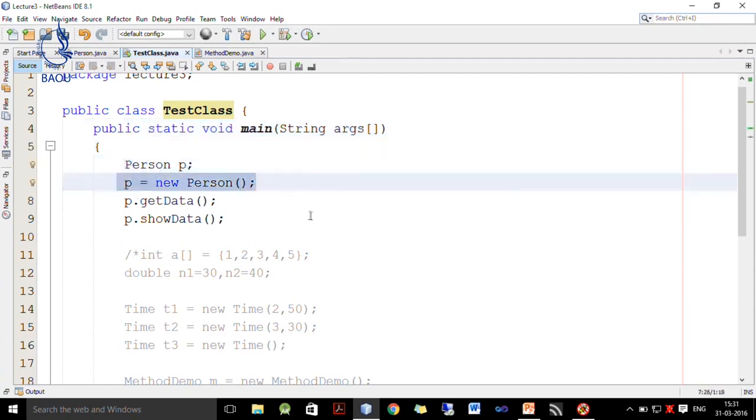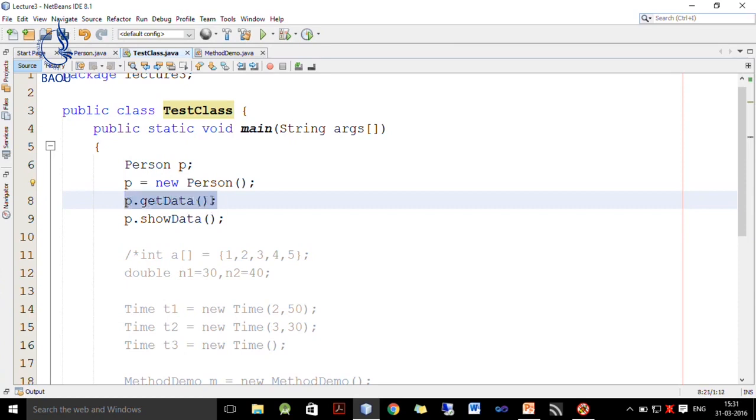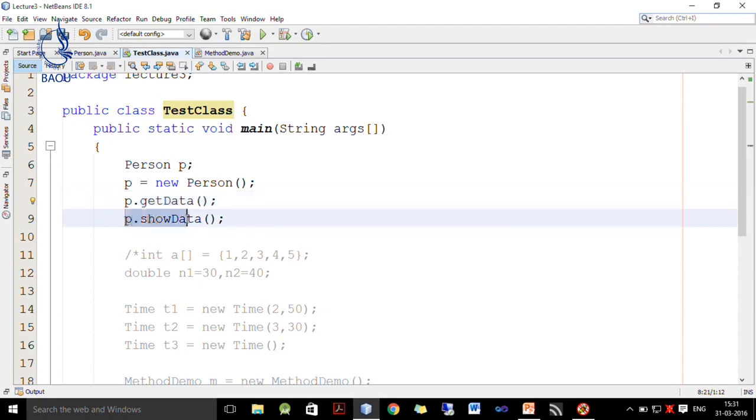We allocate memory for p by writing new Person, and then we call its getData method by writing p dot getData. If my object name is x, then I write x dot getData, and once this data is read, I want to display it. So, I call p dot showData.